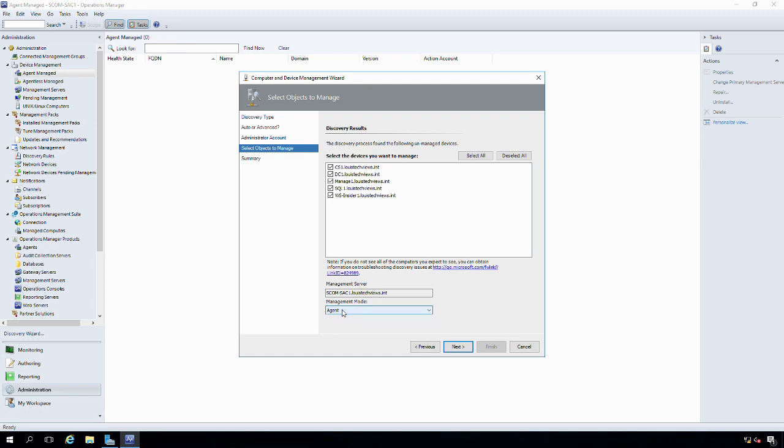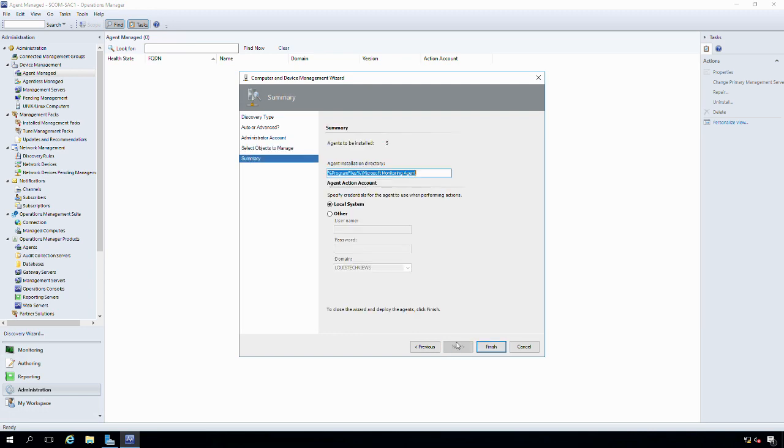So for any system that I really want to monitor using SCOM, I typically want to deploy an agent out to that system, and with that, some management packs don't support agentless, so in some cases you get less functionality. In a lot of cases, you get a lot less functionality by going the agentless route. So I'm going to go ahead and say agent, say next, and then this screen is just telling me a summary